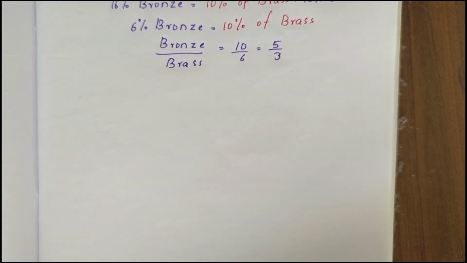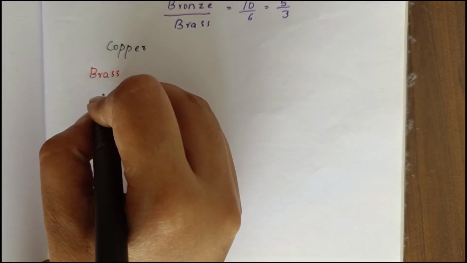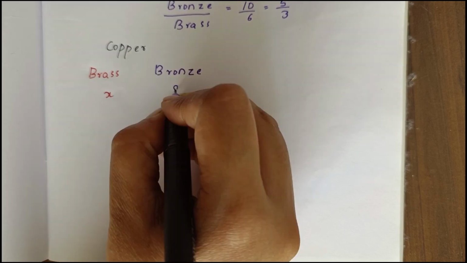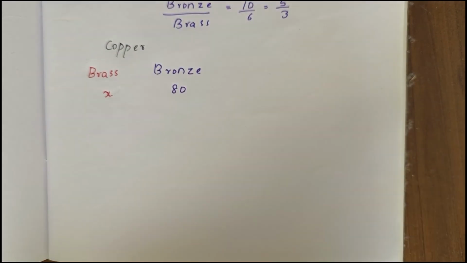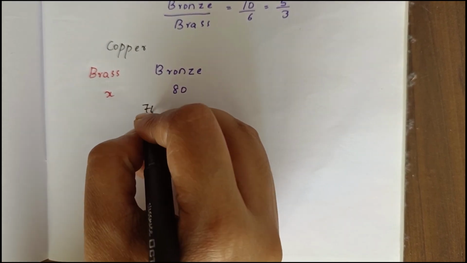Now we need to get the ratio of copper and zinc in brass. So let's compare copper, the ratio of copper. You can compare any one, either copper or zinc. So here we are comparing copper. You can do this using the alligation method. Hope you all know the alligation method. So brass contains X percentage of copper, we don't know how much percentage, and bronze it is 80%, and in the mixture it is 74%. So by alligation we subtract